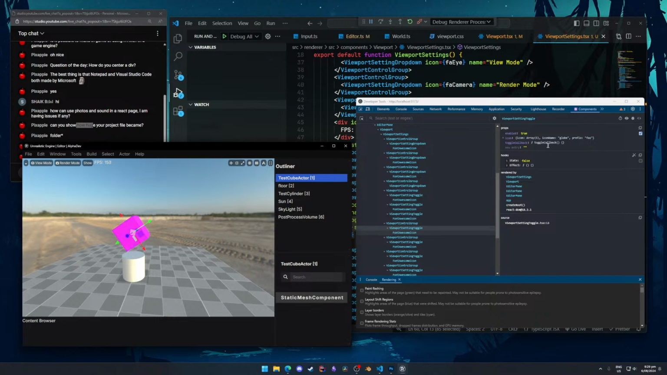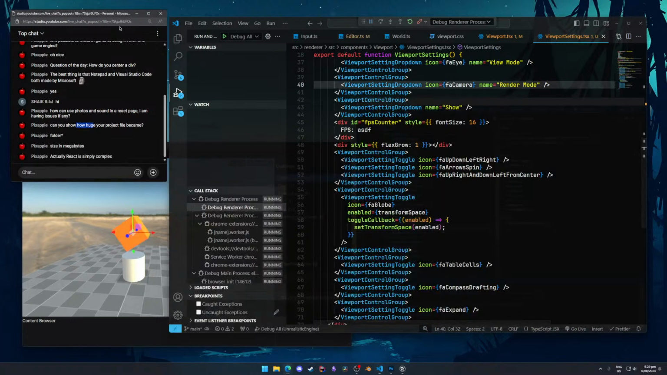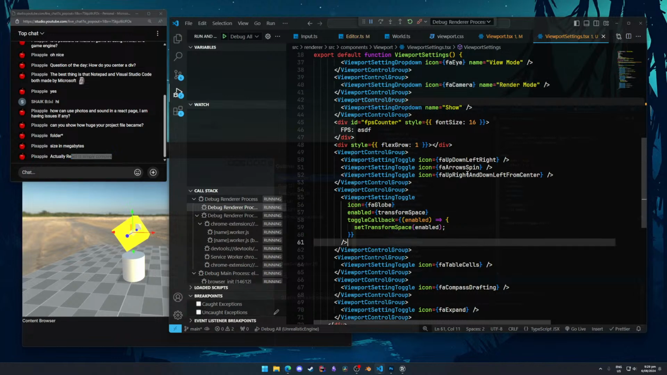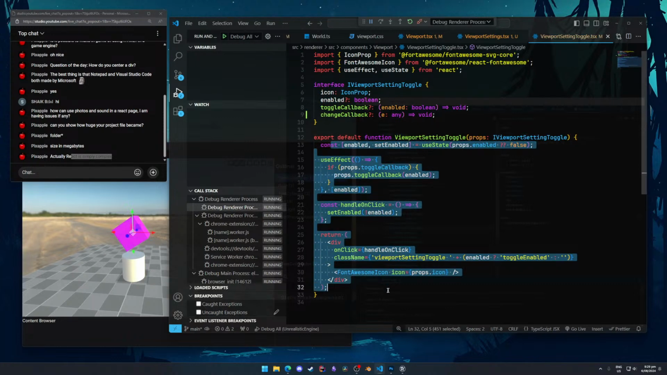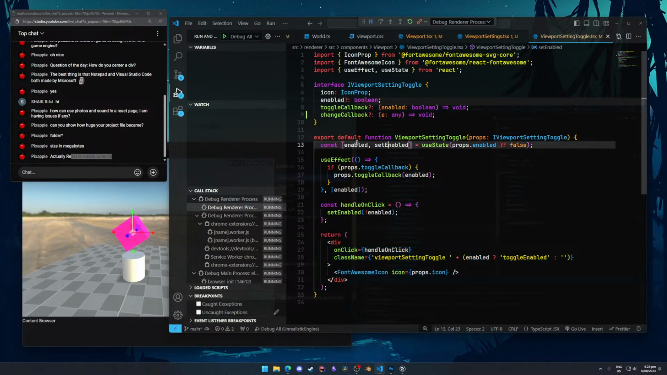Oh, we are passing through the right thing, it's just not changing its internal state for some reason. Okay. It is quite complex, isn't it? So this has an internal enabled flag. I'm just changing the property that I'm passing in. The properties probably get read when it renders the first time, which means